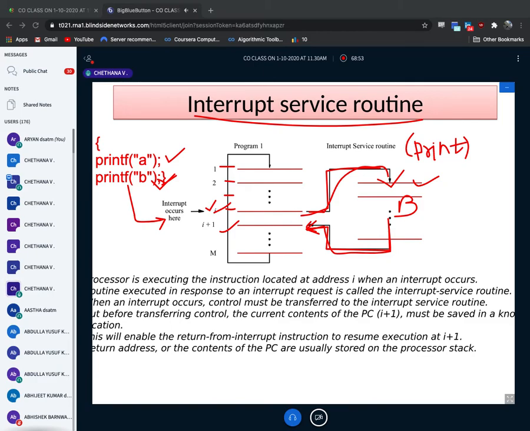Who knows? I'm not going to give an assurance even for branching, but I'm giving an assurance that a question will come in the final exam. It's guaranteed. Why? Because we referred to all the previous year question papers and we make out that questions are asked again and again. In that way, we find that next time the question may come. But I don't know whether that may be only branching, only sequencing instructions, or again combined sequencing and branching. I don't know.